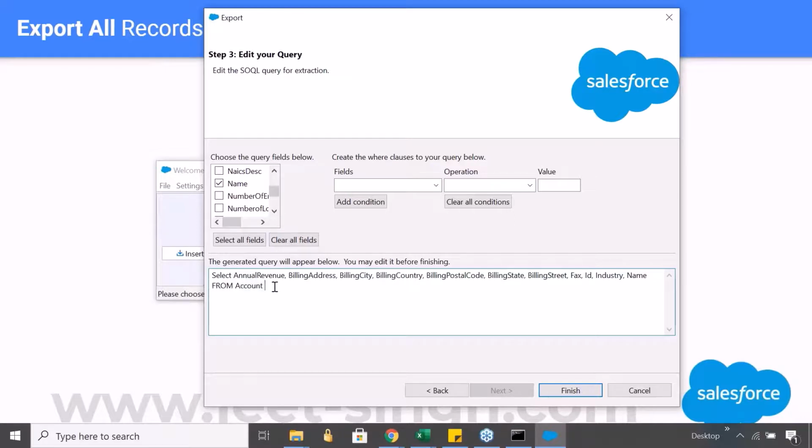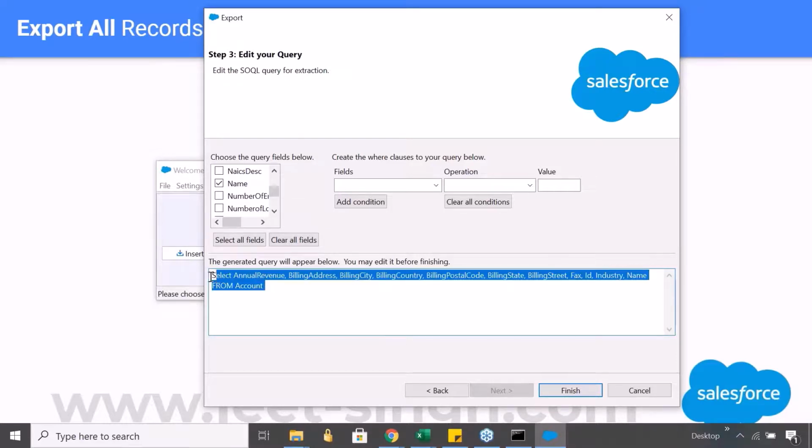Now, though you can select the fields from the user interface, by checking the check boxes one by one, another thing you can do is type the query here. Or if you want a certain extract, you can keep this query somewhere and paste it here also.